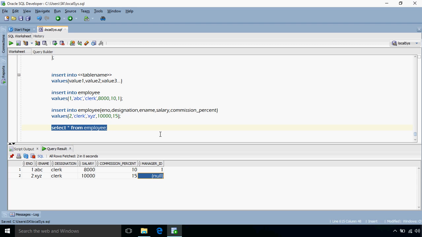Yes. What happens actually when we do not specify any column in the insert statement is that the column gets the default value. So in this case, while inserting, we have not specified the manager ID, so it gets the default value as null. Similar thing we can do. Let's say